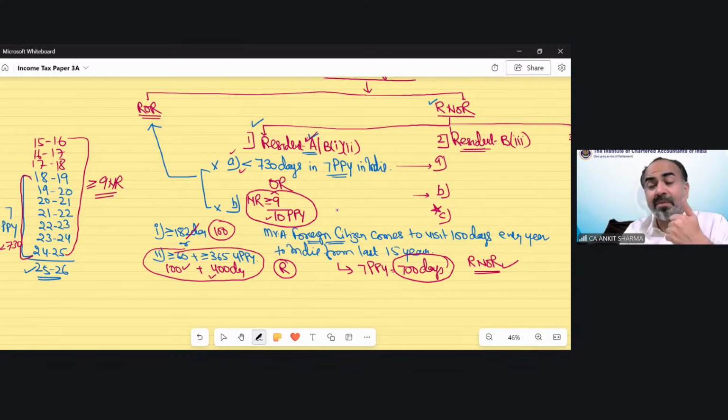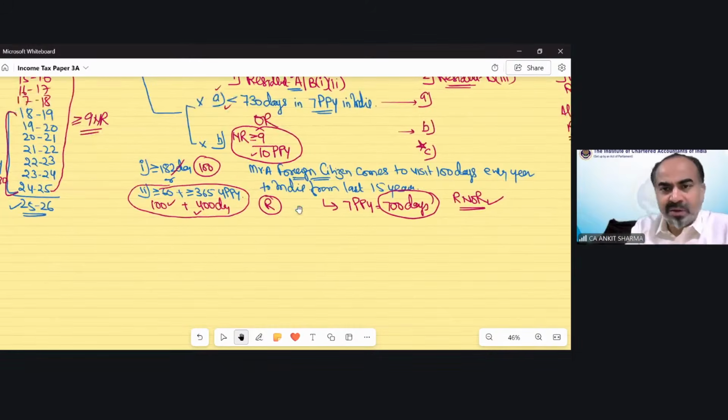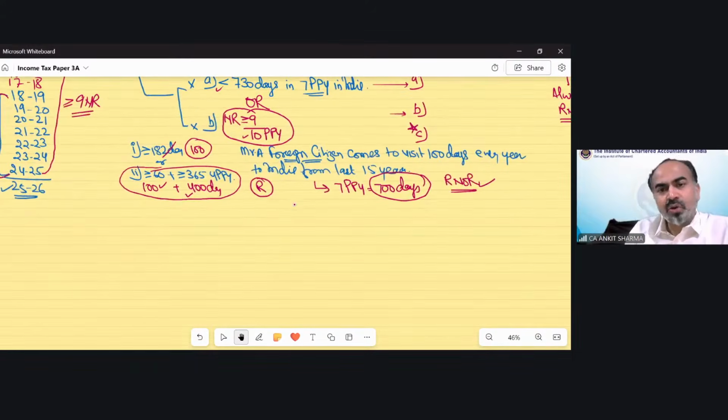That means you can be resident only for 1 year. If you are resident for 2 years, this condition cannot be fulfilled. So out of the last 10 preceding previous years, you have to be non-resident for at least 9 of them. You might be feeling this is again complicated, but let me show you with the help of an example. The same example we have gone through over here. Let me extend that example, or rather change it.